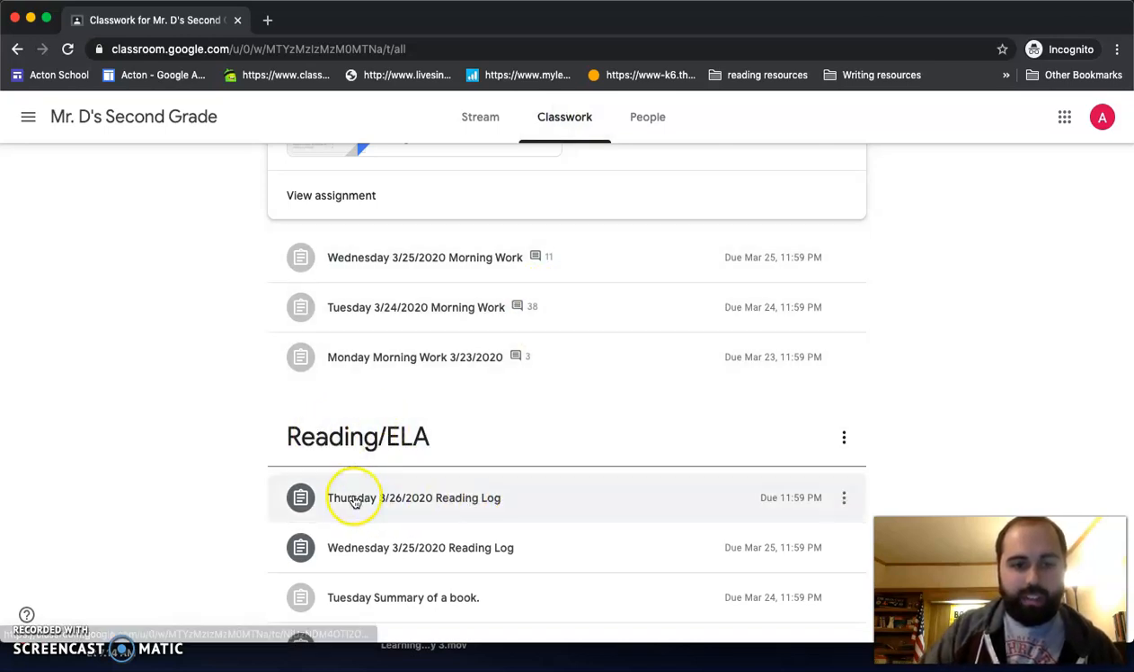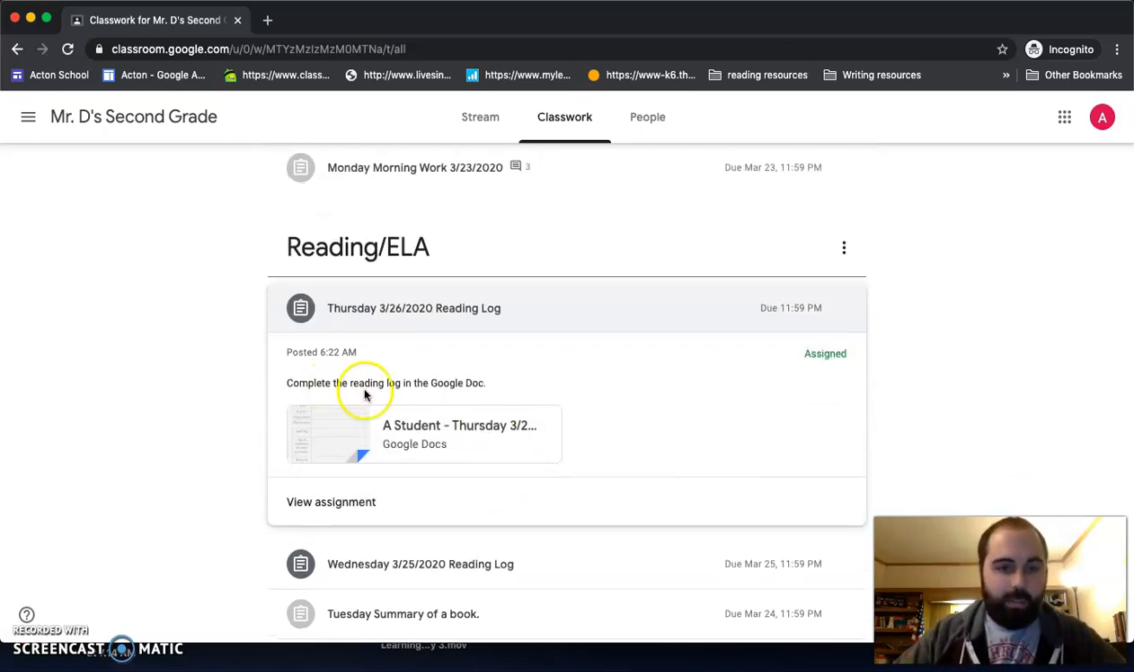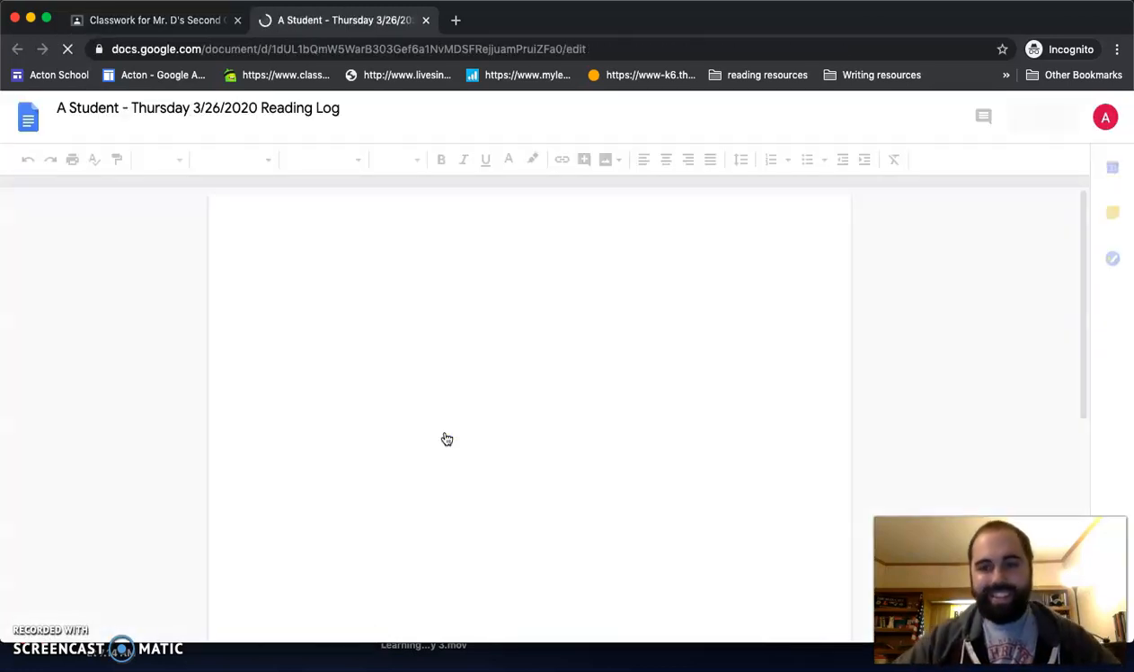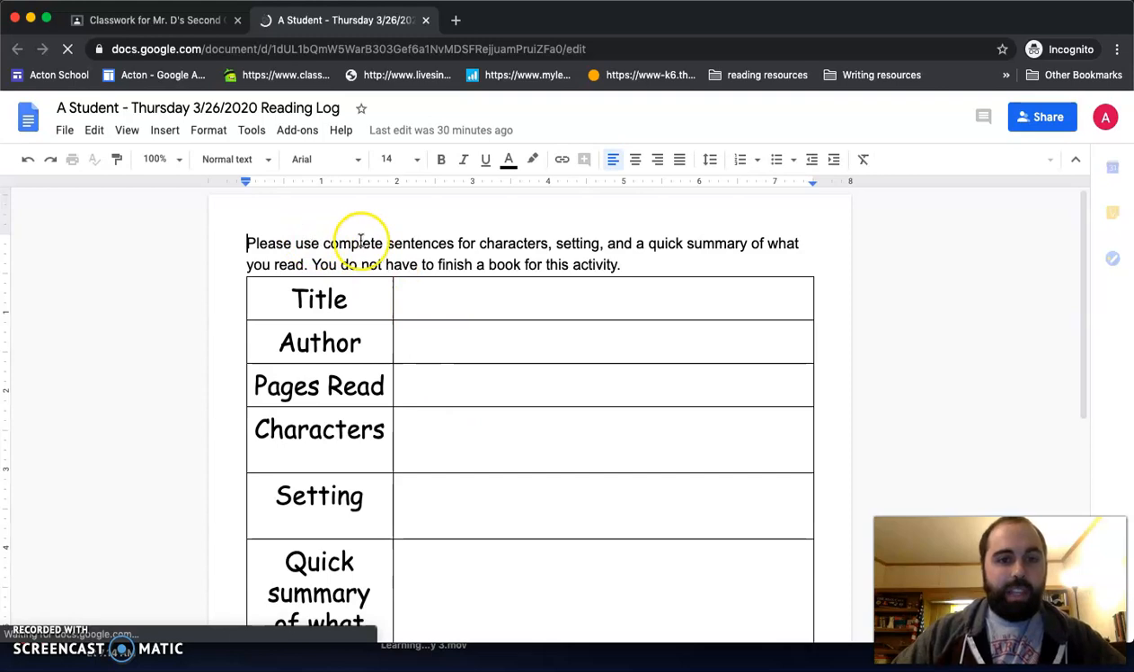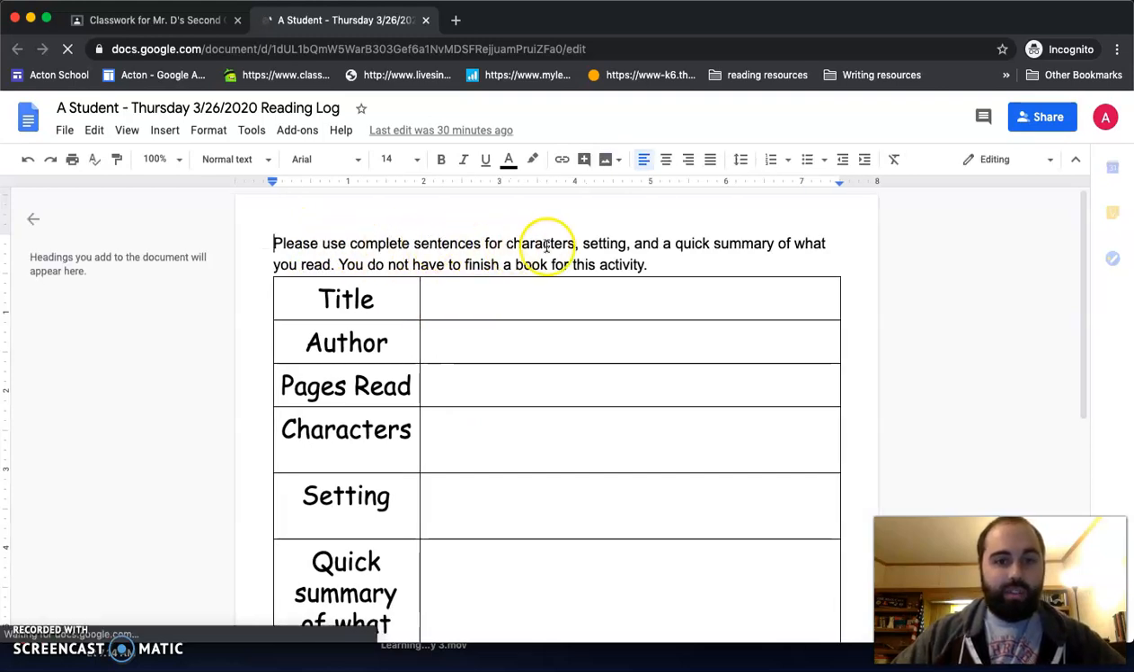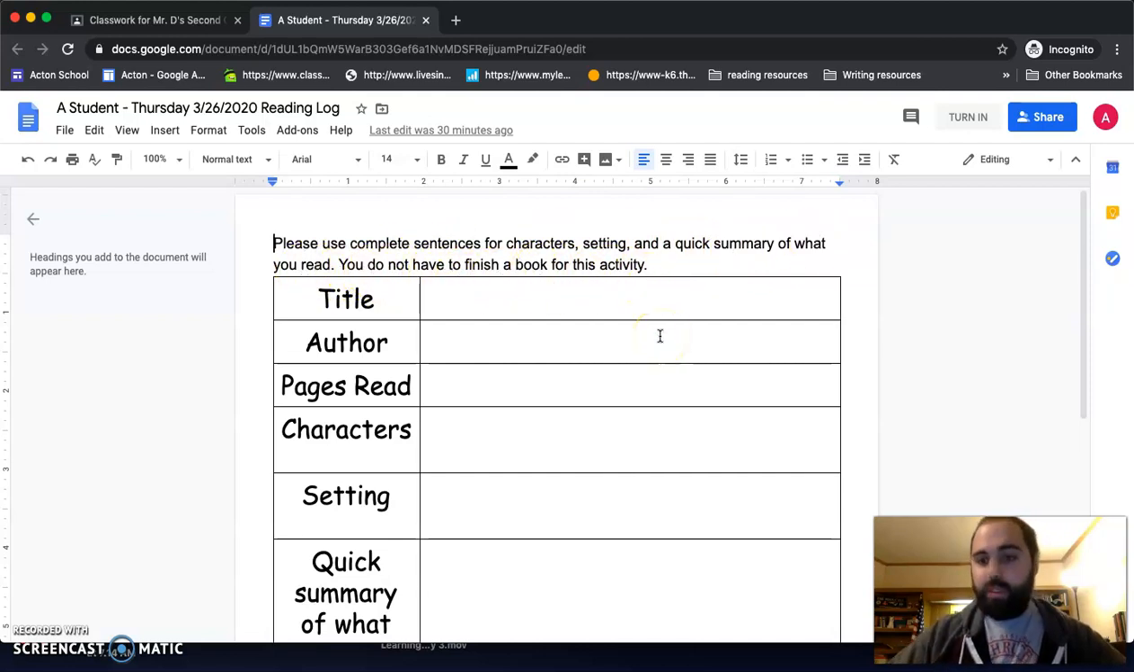So reading ELA, Thursday, 3/26/2020, reading log. There it is. That's the one we want. It says complete the reading log in the Google Doc. All right, that's the one right there. Let's see what we got. All right, please use complete sentences for characters, setting, and a quick summary of what you read. You do not have to finish a book for this activity. So it's really whatever you read today. You can pick one book that you read, or if you read a chapter book, pick whatever you read out of your chapter book. Make sure you're putting your title, author, the pages that you read, list out the characters